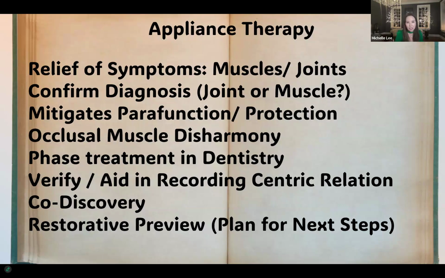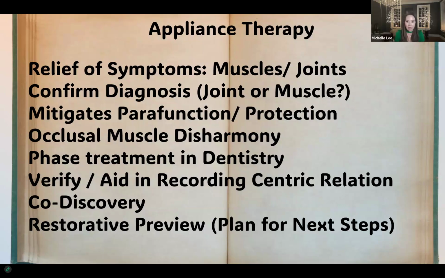We can confirm our diagnosis. We can mitigate parafunction and it can become a protective appliance. We can address occlusal muscle disharmony, phase treatment in dentistry, verify or aid in record taking in centric relation. There's definitely a patient education piece with co-discovery, and it does give us a really great preview of the next